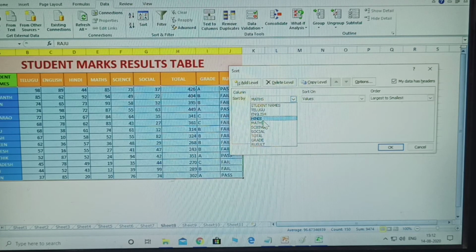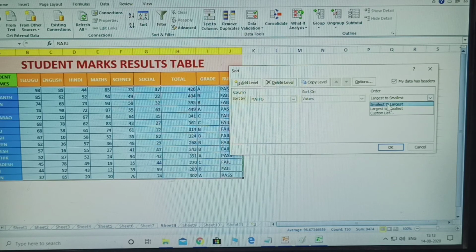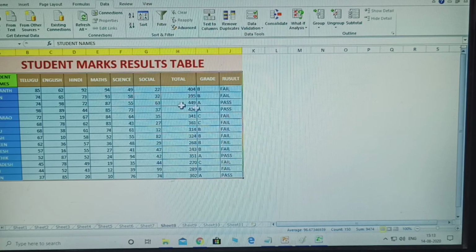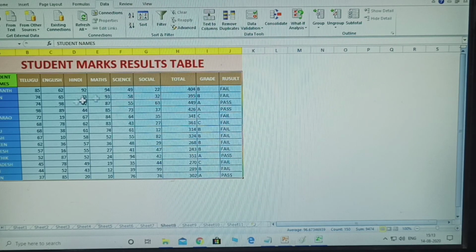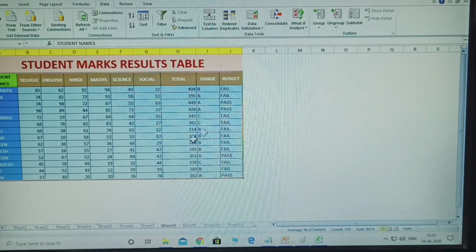I give max only. Smallest to largest? No, largest to smallest. Click OK. Observe here, 94 is at the top. The total changed automatically, other subjects changed, results changed, and grade also changed.